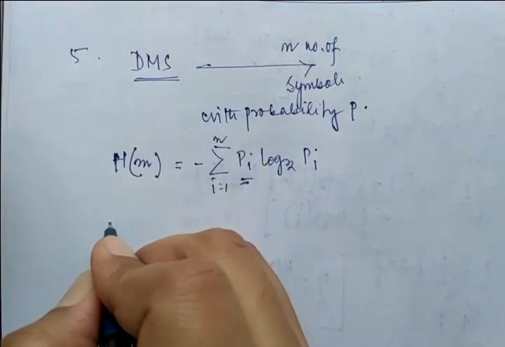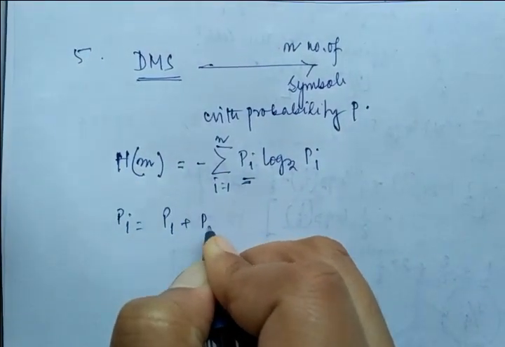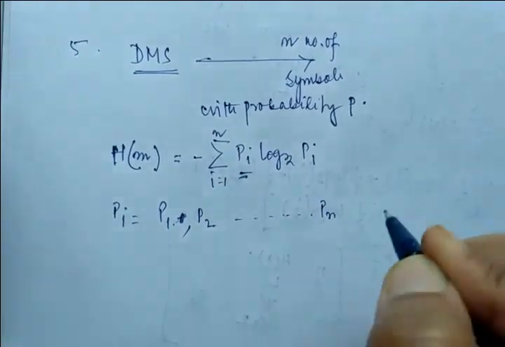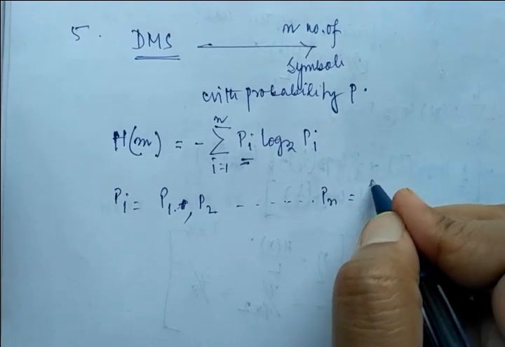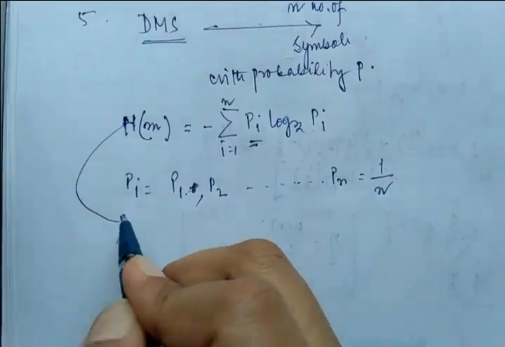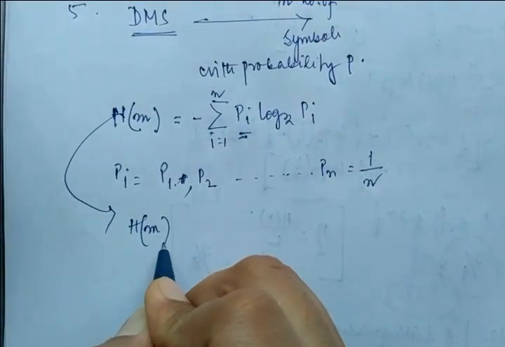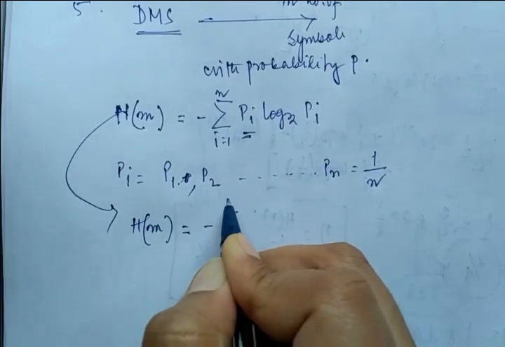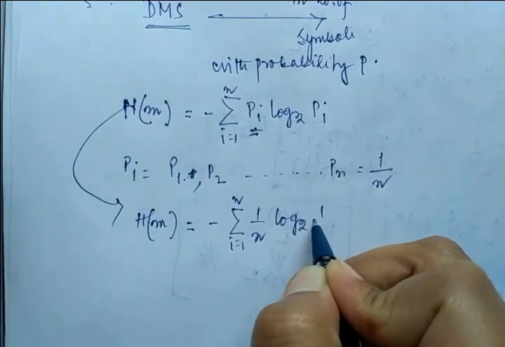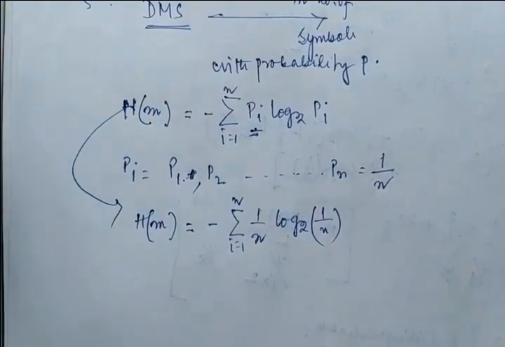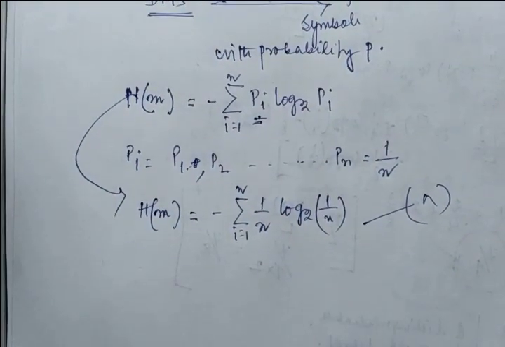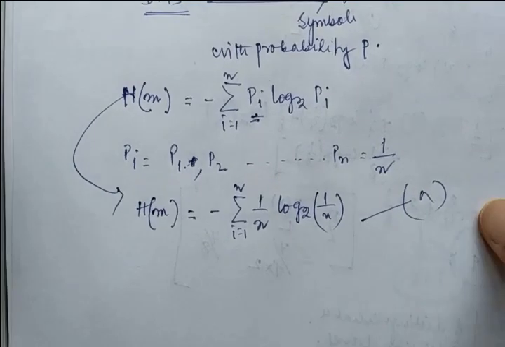right? So this will be P1, P2, dot dot dot up to Pn. So there is n. So what is your series formula from mathematics? This will become 1 by n, right? So what will be your H then? Then your H will be the sum from i equal to 1 to n, and Pi means 1 by n, log 2 of Pi, and this Pi also becomes 1 by n, right? So this will be option A. Clear? So please calculate the formula first and then relate the option to your answer.